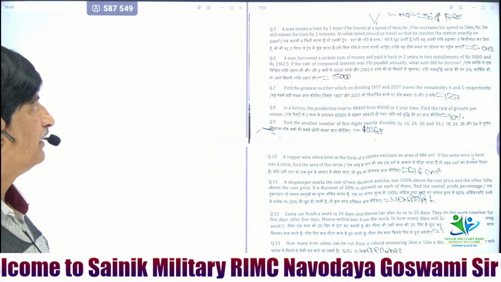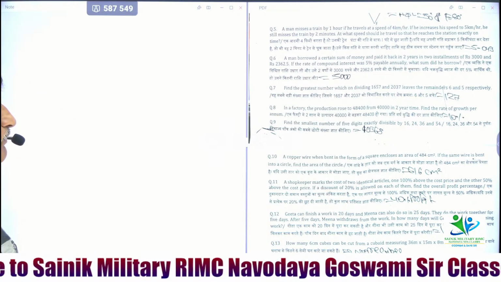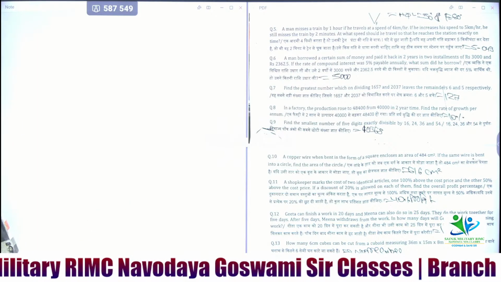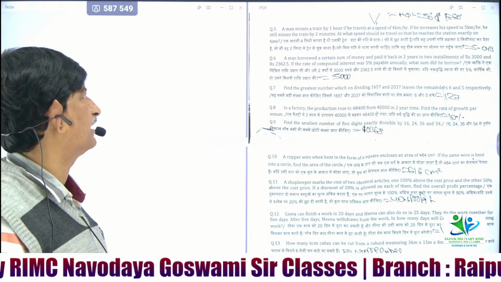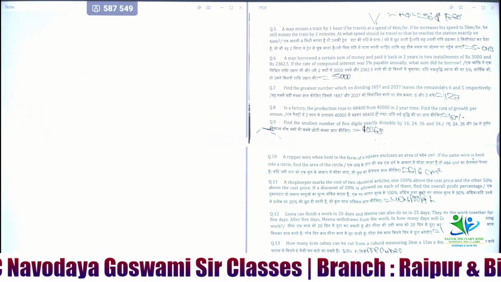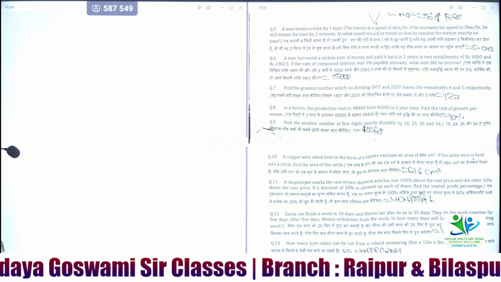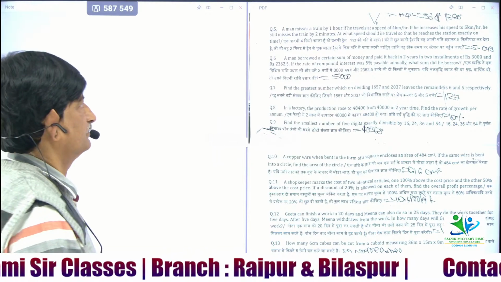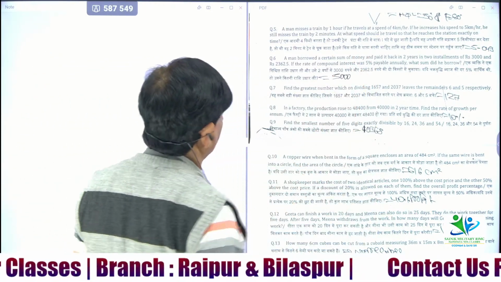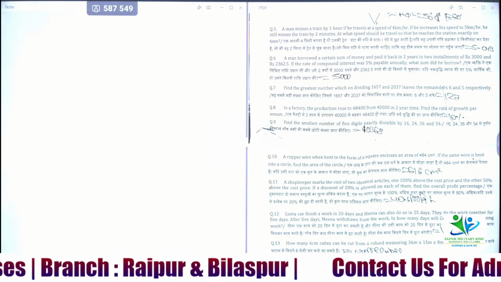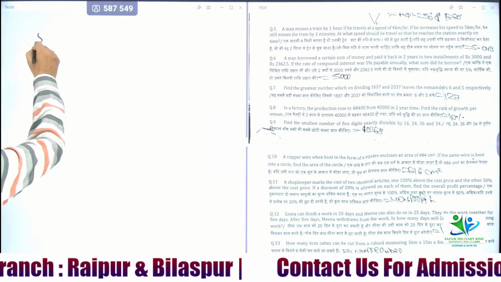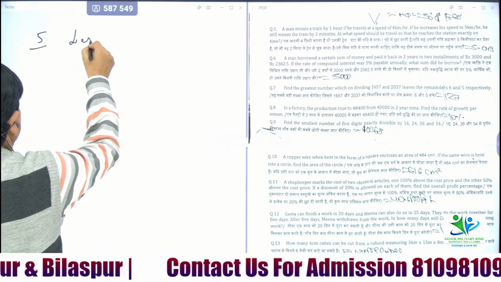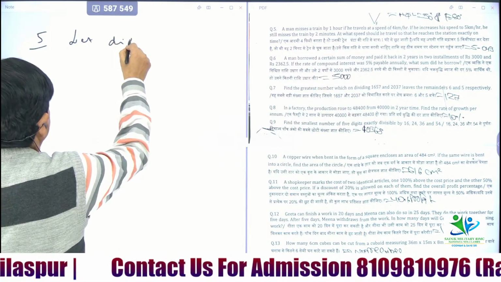And if he increases his speed by 5 kilometer per hour, he still misses the train by 2 minutes. In both cases, he misses the train. In first case, for 1 hour, or in second case, by 2 minutes. So you have to pay attention on the unit also. So it is better to let the distance covered,